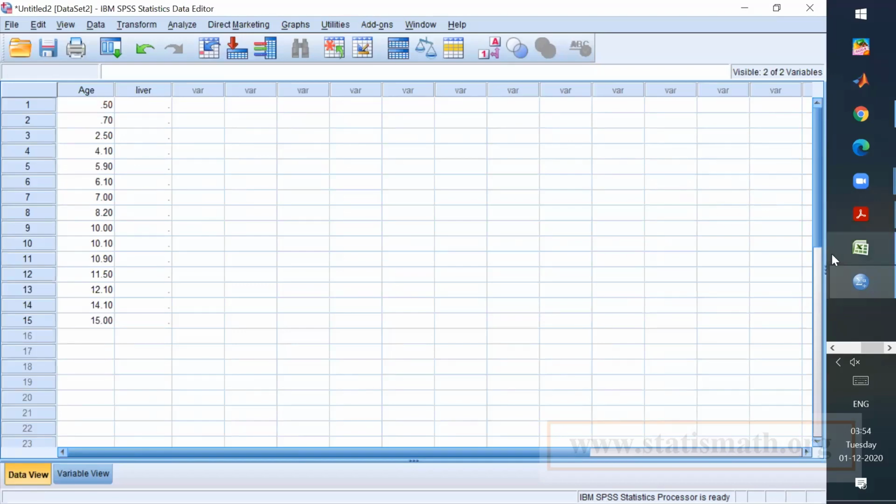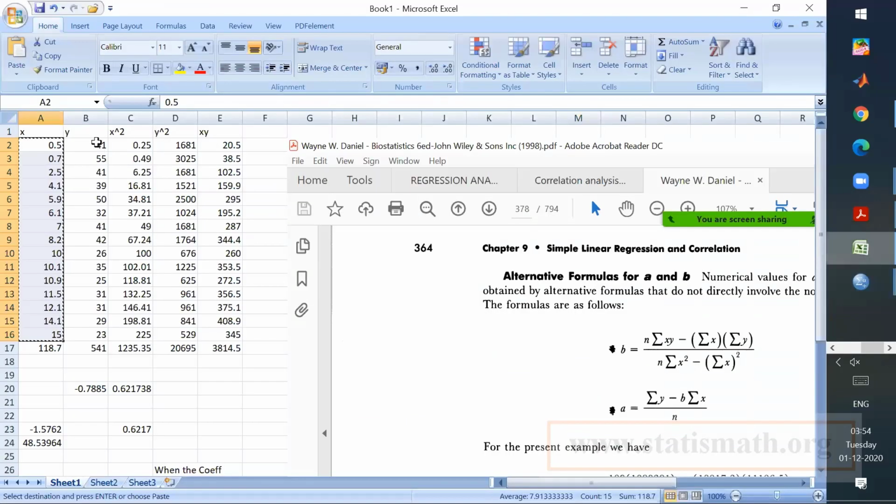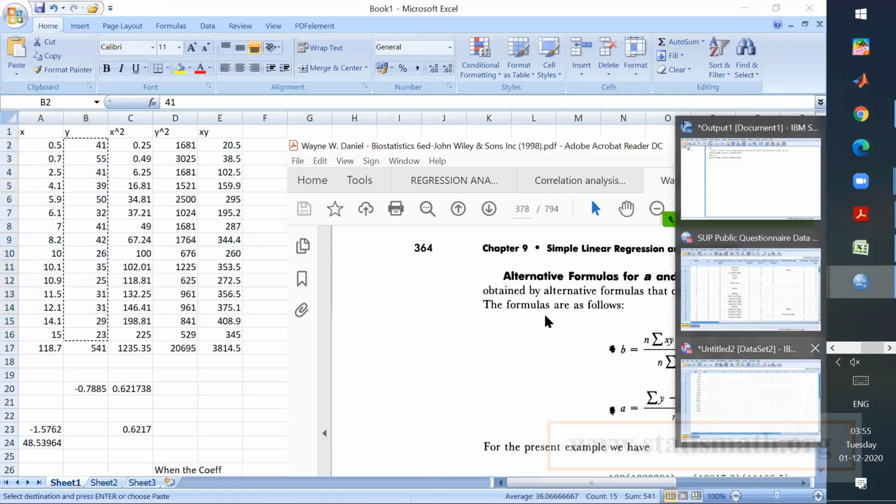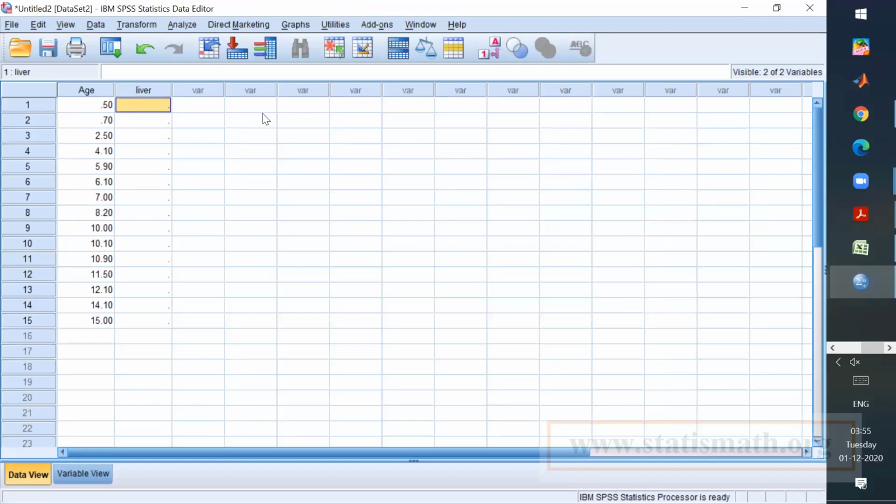Similarly, go and select the second column, Y. Control C to copy, then here, Control V. So we got that. The data has been copied and pasted.